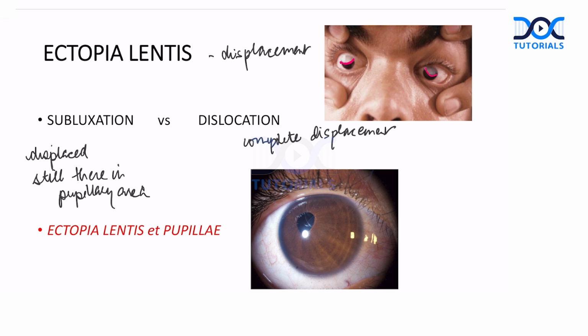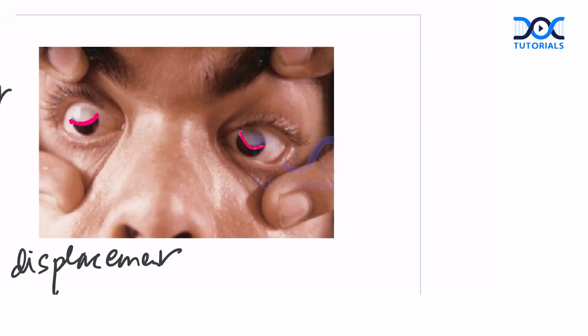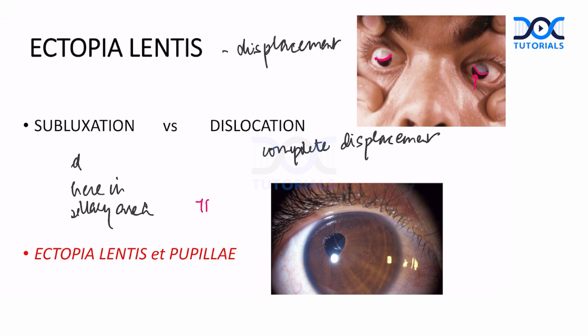Now, my question to you. What do you think is the most common cause of this subluxation? So, can I say trauma? There is a trauma, and because of that, there is an injury to the zonules. When the weak zonules, the traumatized zonules are there, they are not able to hold the lens. So, the good zonules can pull the lens their way, isn't it? If I show you this picture again, and I ask you where the zonules are weakened, can I say zonules are weaker in the inferior part? That's why good zonules are pulling the lens towards them. Okay, so this is a question. Can I say trauma is the most common cause of subluxation?